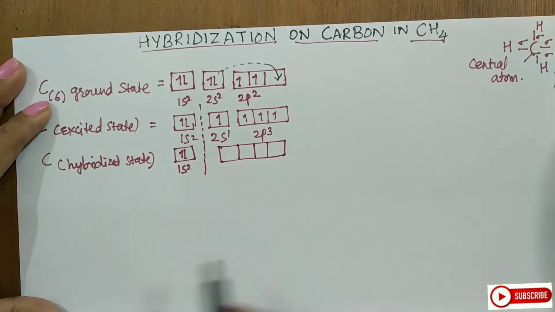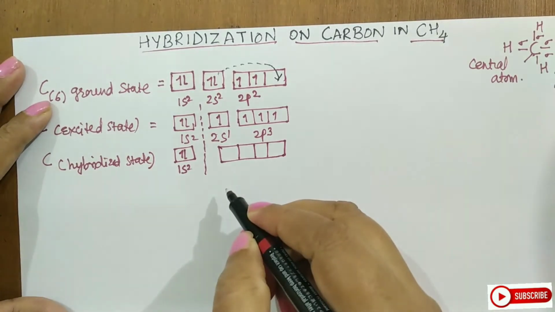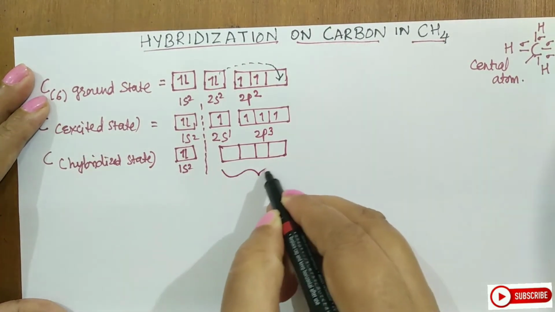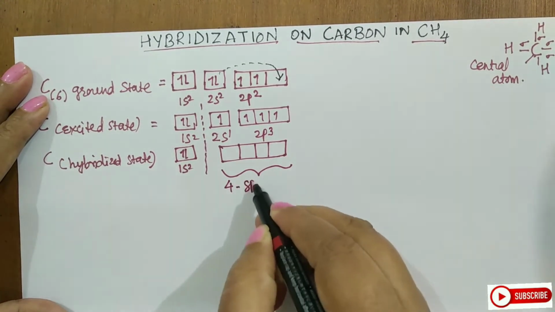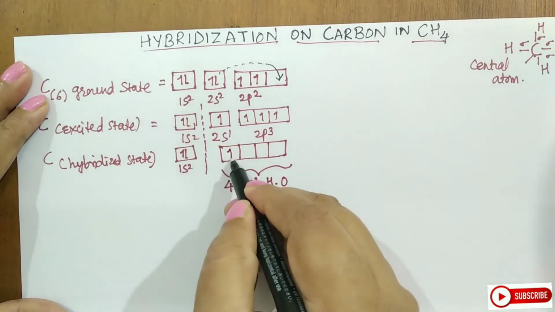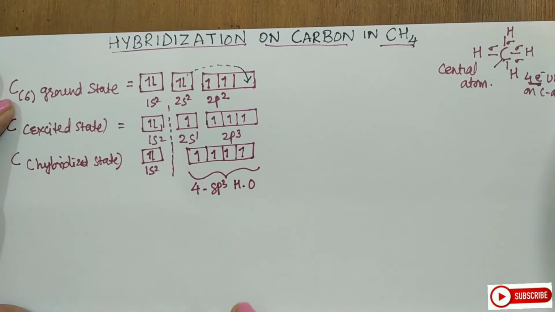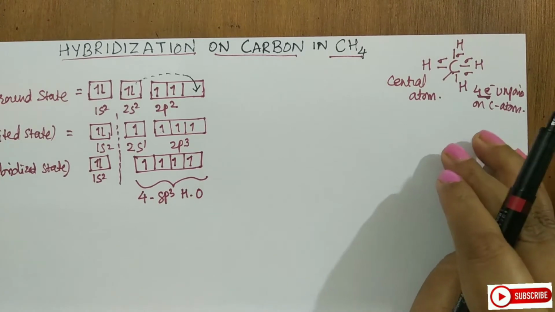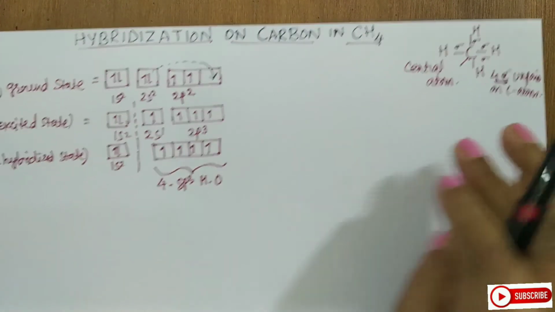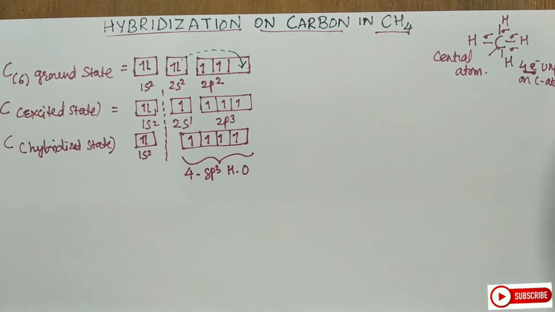Now they are no more s or p orbitals, but they are all now sp3 hybrid orbitals. So I will call them 4 sp3 hybrid orbitals. And those 4 electrons I will write in this way. Now students, I have created the 4 unpaired electrons which are required to form 4 covalent bonds with the hydrogen. Now if you see, till this hybridization, hydrogen is not involved in this process, and so it is the hybridization only and only on the carbon atom.